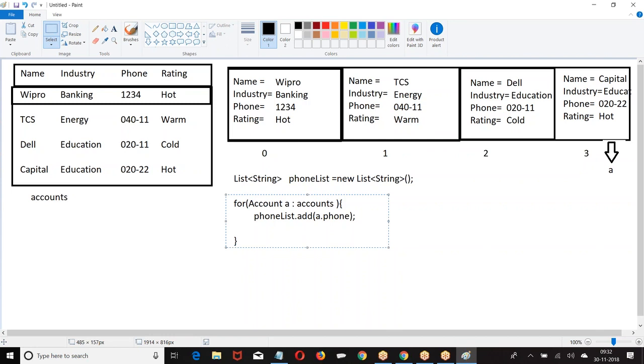We are assuming that we already have a list of records, and the name for this list of records is accounts. If you want to write a logic, first you have to create a list of accounts, insert the data and write it. We don't want to do the same program again and again. That's why we are assuming we have a list of accounts with the name accounts. So when you go down the line, we will not insert the data. We will take the data from the database.